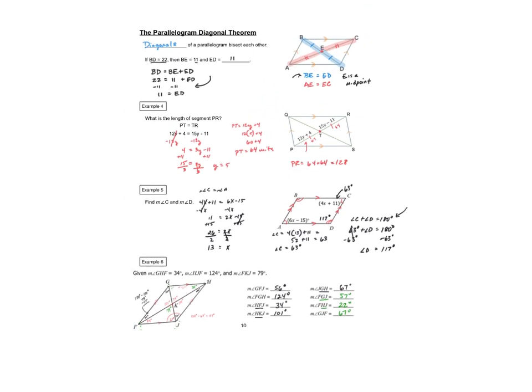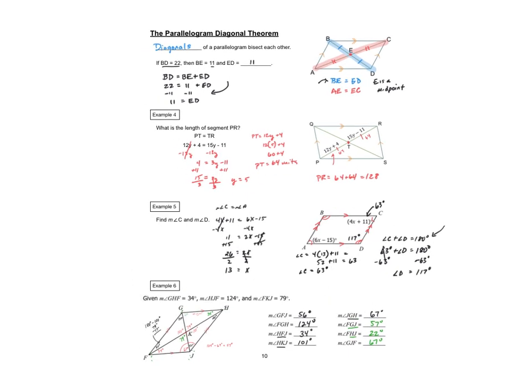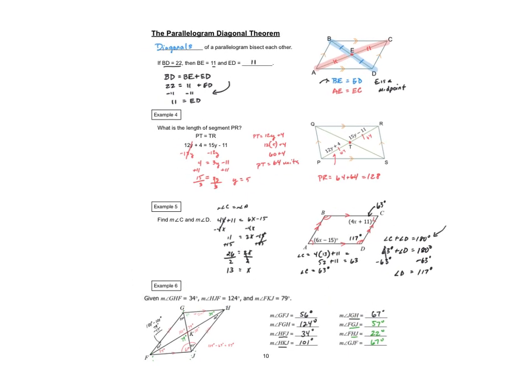Now, I went really fast by doing that, but look back at it, absorb it, as we do those comparisons. And what we were able to do here is further identify properties of parallelograms, which are a quadrilateral, but they do have some special properties. And we were able to use those special properties in terms of theorems to solve for different items in that parallelogram. And looking back, I will tell you that today's assignment is very reminiscent, very similar to these examples that we've gone through. And so I want you to make sure that